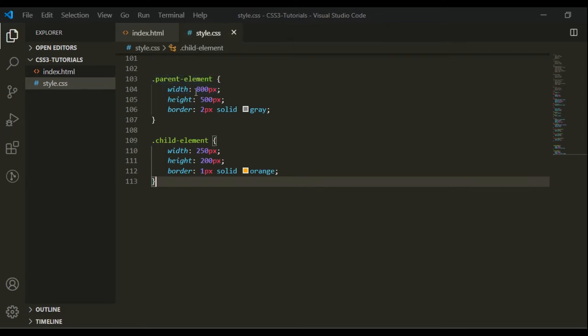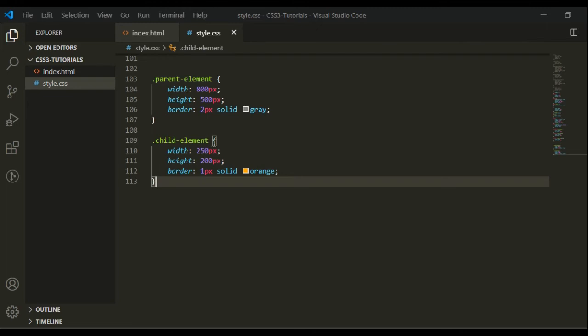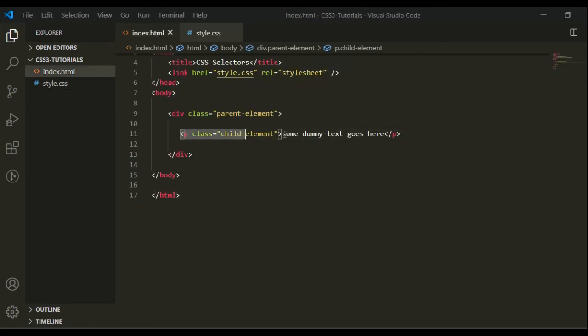I have just given the width, height and border for the parent, same as I have given the width, height and border for the child element, meaning the paragraph element. So first let's see our code in the browser.